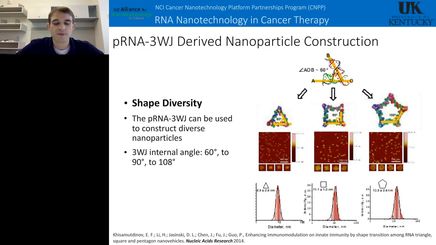Here, for example, if you look at the triangular nanoparticle, we actually used molecular modeling and constructed this triangle from 3 pRNA three-way junctions. Then we extended that even more just by simply adding an additional strand of RNA. We can make a square nanoparticle using 4 three-way junctions. And then we can also make a pentagonal shaped nanoparticle using 5 three-way junctions.